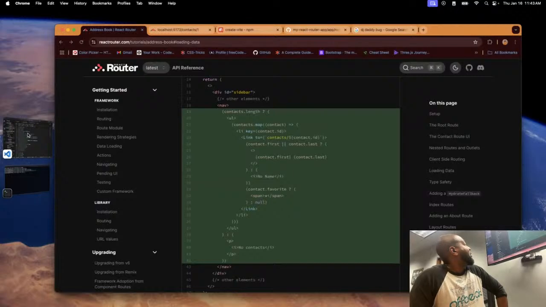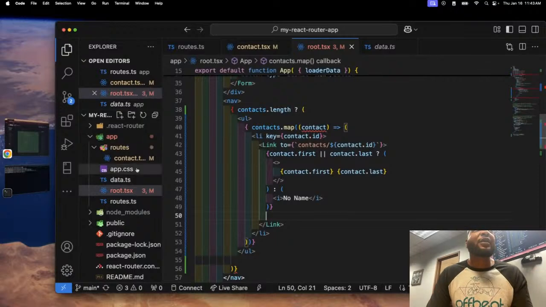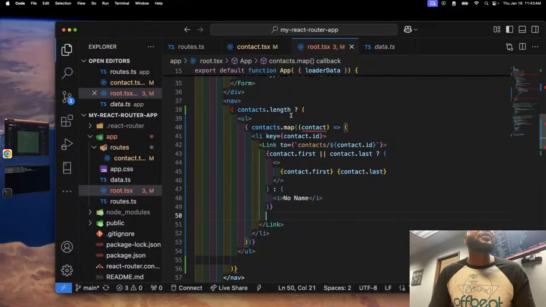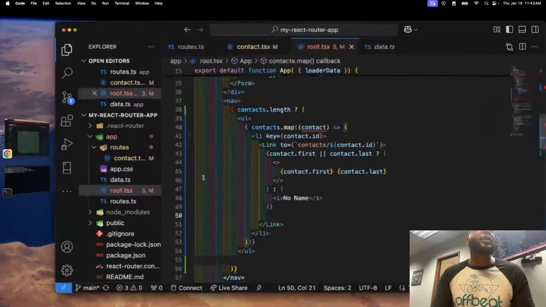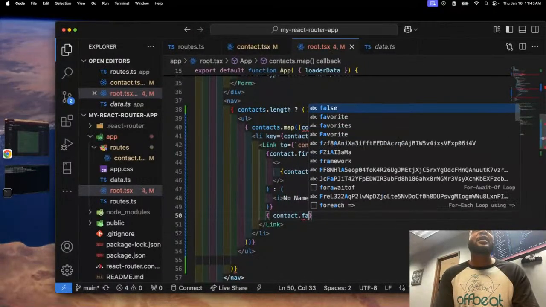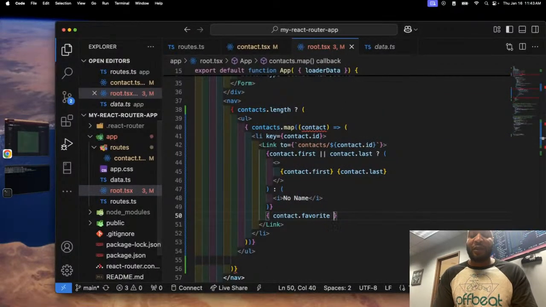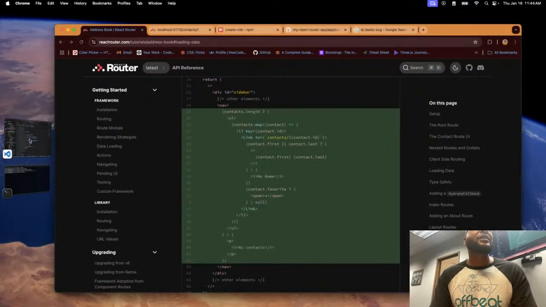So from a curly brace right there, and then all right, cool. So now underneath here, there we go. I'm going to have to look at that contact and see what the deal is with that. I'm going to clean this up, no worries. So now I'm going to add like if this is a favorite or not. So curly brace. And I'm asking because it's a ternary: contact dot favorite. Is this a favorite? And if it is,